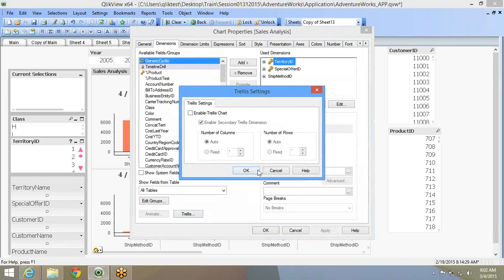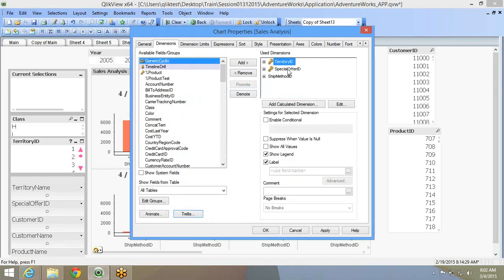If you disable the trellis, then this will not show up.